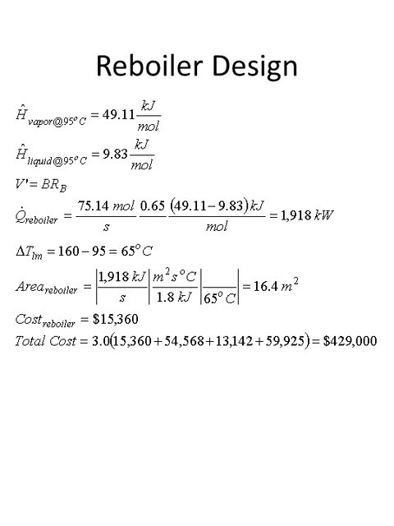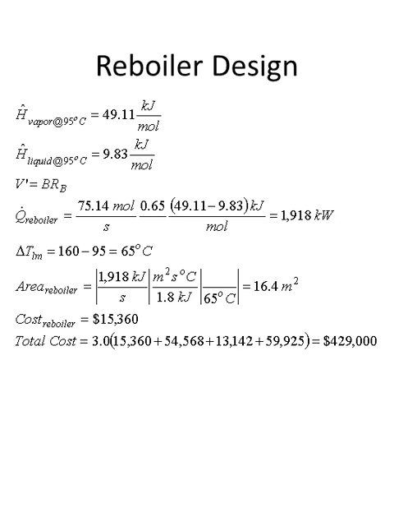Now we're ready to design the reboiler. Based on 95-degree temperature, we can find the specific enthalpy of the vapor and liquid at 49.11 and 9.83 kilojoules per mole respectively. Now the flow of vapor from the reboiler is just given to us by the bottom's flow rate times the boil-up ratio R sub B. And so we can determine how much energy is required to vaporize this stream by taking that flow rate, multiplying it by the change in enthalpy, and that calculates to be